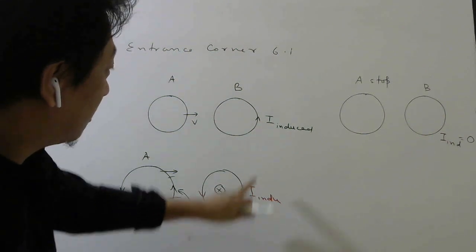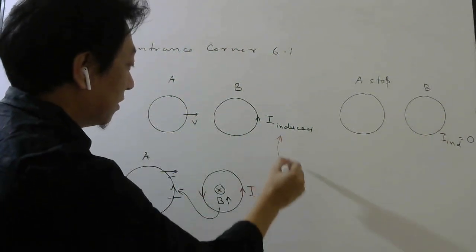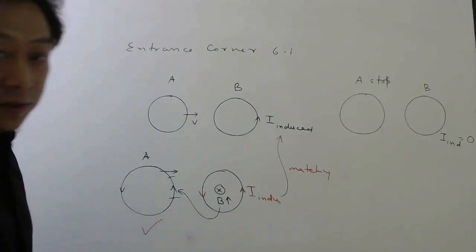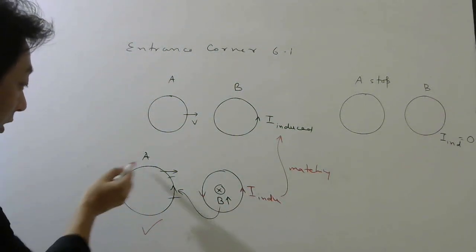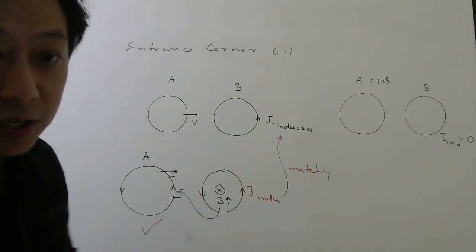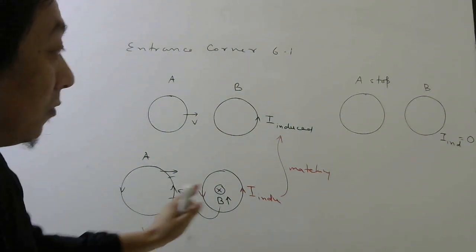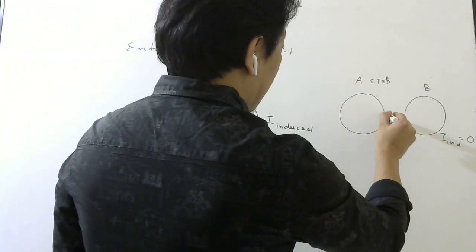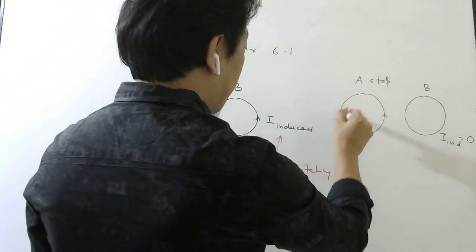Now check, is it matching with this? Yes, it is matching. So if it is matching with the given question, then this is correct. So current in A must be flowing anti-clockwise. Now whether this current should be constant or changing current, that will depend on this part. We know current is flowing this way, right students?